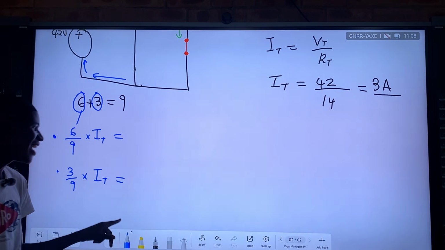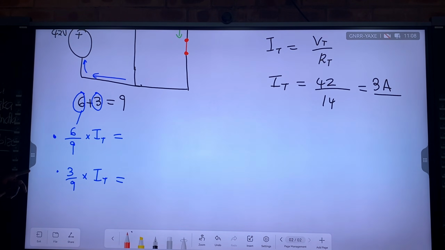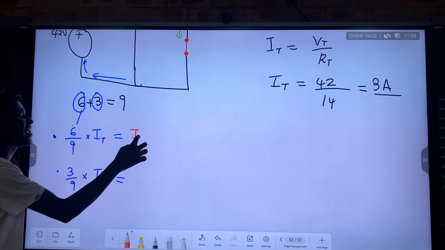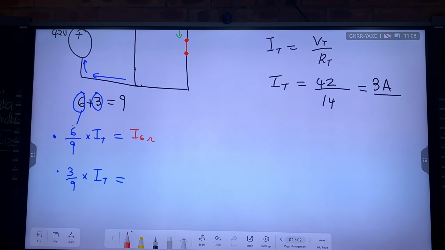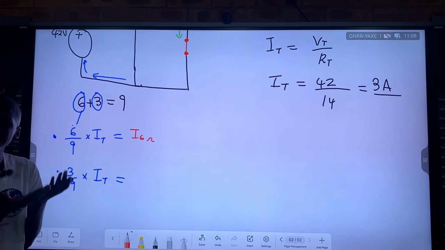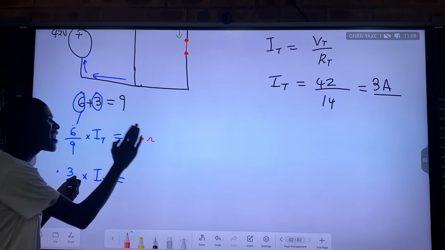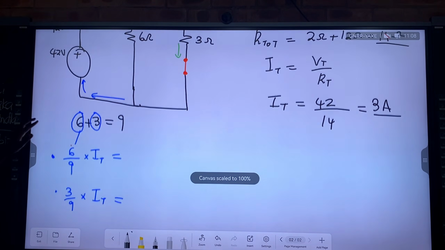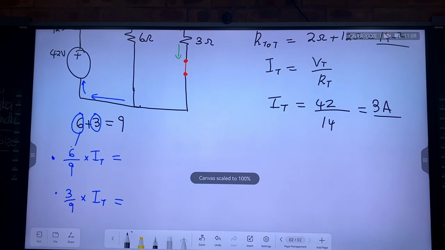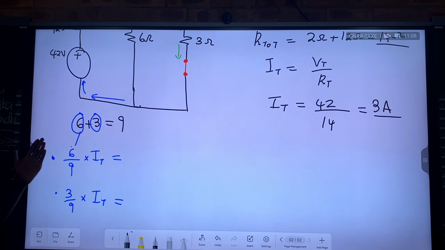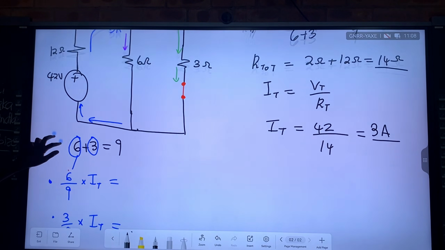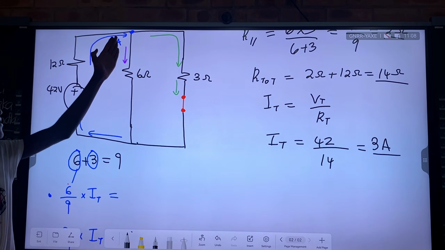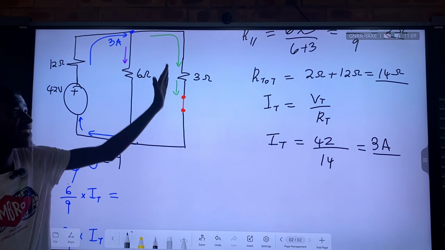You might be tempted to say that because I have 6 here, this current is for the 6 ohms resistor. This is completely wrong, because you are assuming that these two are directly proportional. So what must you do for your ratio to work? You have to analyze which one is the biggest portion. Basically, I assign the biggest portion of the current to this part. Now, I've got a 6 ohms resistor experiencing this purple current and this 3 ohms experiences a green current.